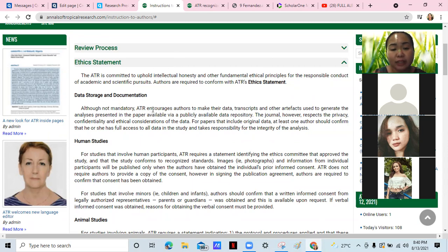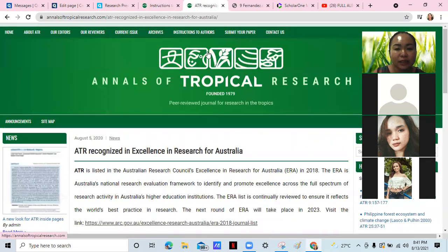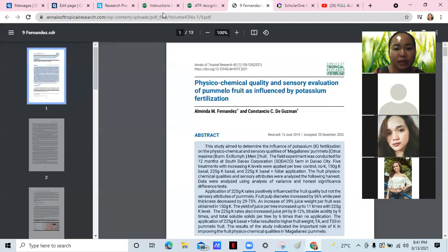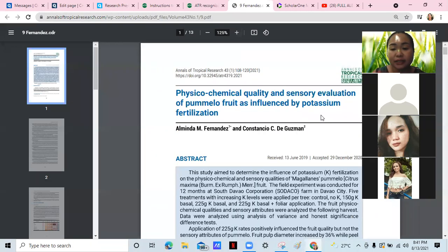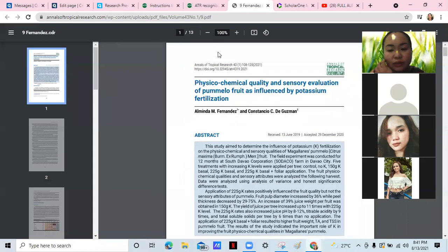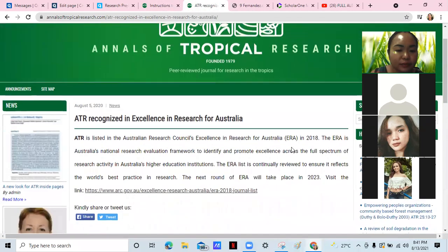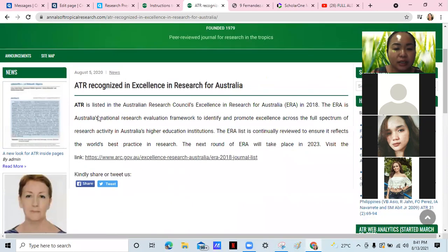Although it is not mandatory, the authors should make their data, transcript, and other artifacts in the paper available for public use. So this will be online, and you will see this is an example of a publication that I have made with my dissertation advisor, Dr. Tansho, my advisor in UP for my PhD. So going back here, eto na pala. So this is the scope. Hindi pala siya scope. So anyways,